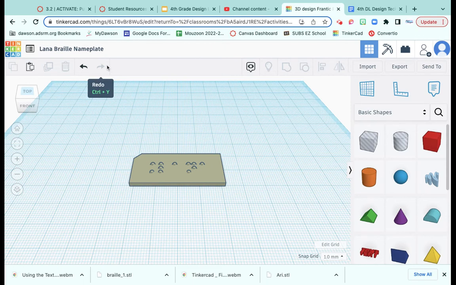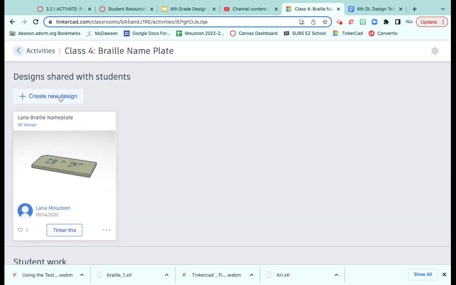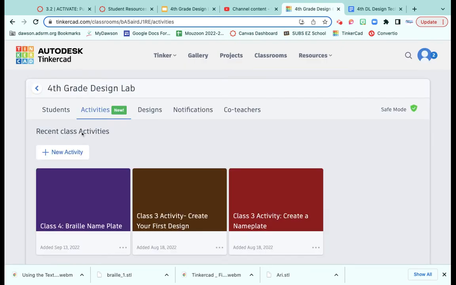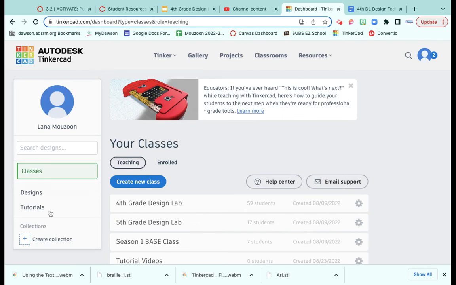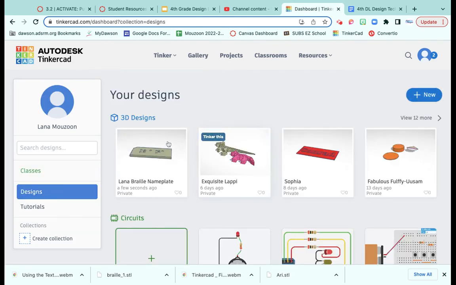You could try going back to the Braille website and just try some other things or create an alternative shape. However, do not create it in the class. If you are going to create something else, you want to make sure you are just on your home page and not in the activity folder. So you would just go to, oh, we're still in the activity folder. So you just want to make sure you go out of that and you're not in classes, and instead you're just in your designs. And you could go to new design there, but I don't want you to design